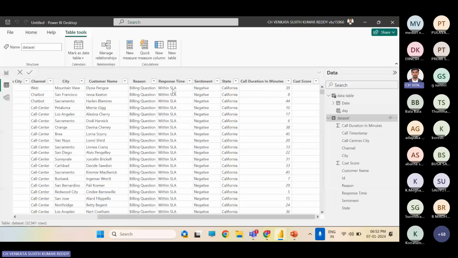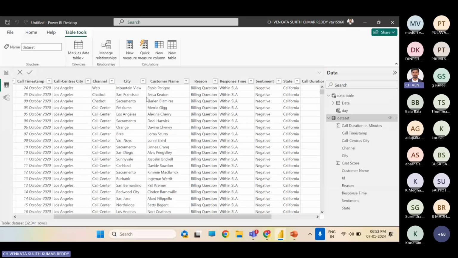I also need to know the response time percentage score. From California we can find how many people contacted through what kind of channel, web, chatbot, or call center. We can also show the different call centers on a map. This is the idea I have. If you have any suggestions, you can say them in between.